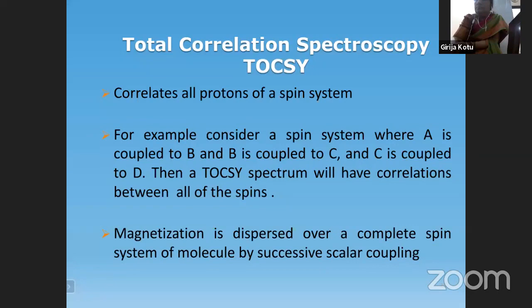A should be connected to B, connected to C, connected to D, as far as the carbon chain is considered, with the attached protons. Then what happens is, in the TOCSY spectrum, total correlation, A will have 3 connectivities. That is, A will be coupled to B, to C, to D. So we refer to this TOCSY with reference to COSY, that is homocozy. If you try to understand TOCSY with reference to homocozy, it will be easier.